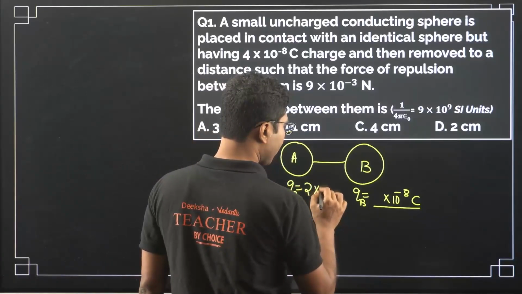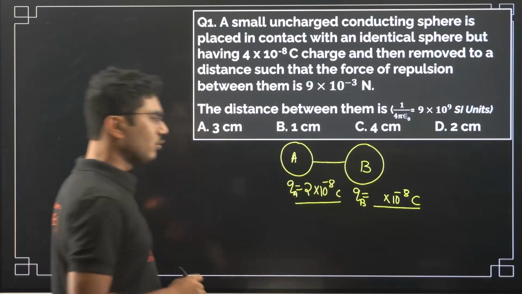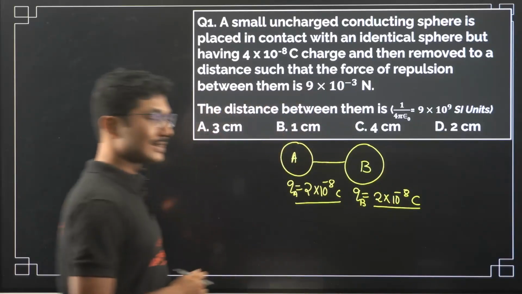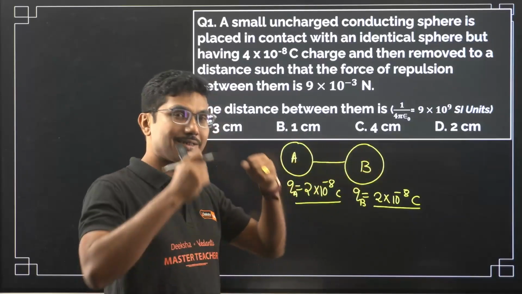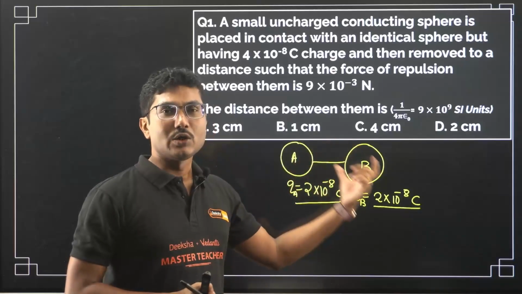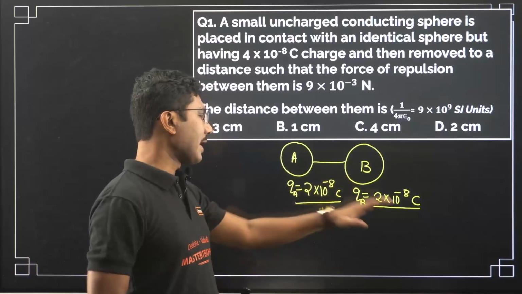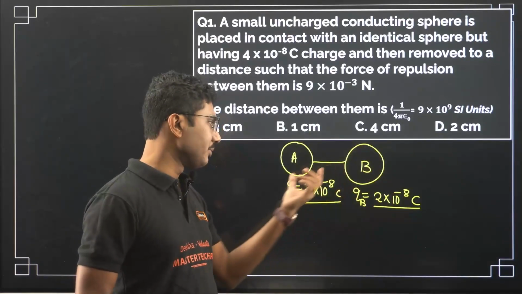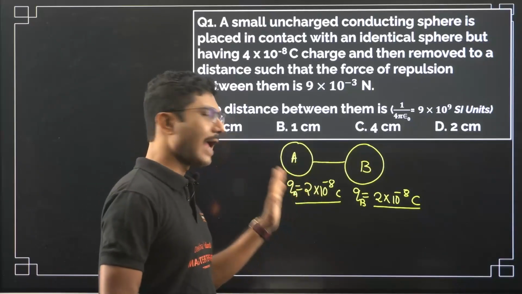So 2 into 10 to the power of minus 8 coulomb charge will be coming to sphere A, and 2 into 10 to the power of minus 8 charge will remain in QB. So basically identical means once they are connected, the charge will be distributed equally, and the total charge will remain the same. So whatever object is charged, half of that charge will be transferred to the other uncharged object. In case it had some charge,